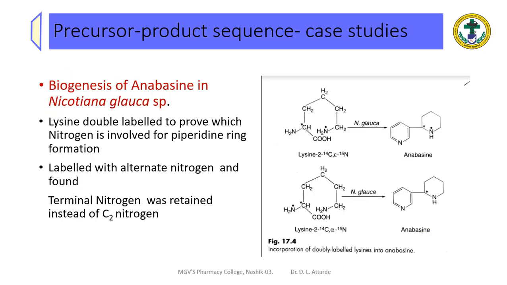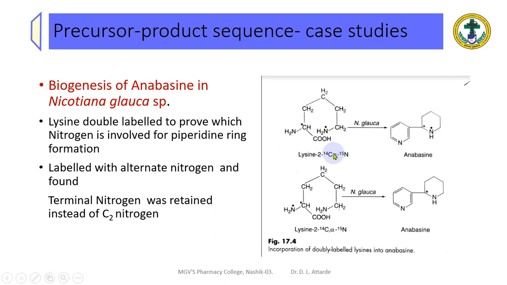Then a second case study on the involvement of lysine in the formation of the alkaloid anabasine in Nicotiana glauca species, which is your tobacco plant. So here lysine is double labeled to prove which nitrogen is involved in the piperidine ring formation. So this is the piperidine ring. 2 rings are there in anabasine, pyridine and piperidine. So how is this nitrogen or this nitrogen involved? So alternative nitrogens are labeled. We can see here in this case study lysine, where the 2 number carbon is labeled. You can see this one,